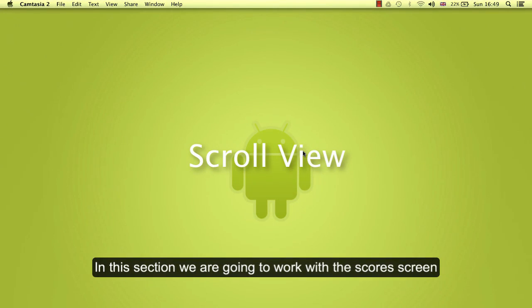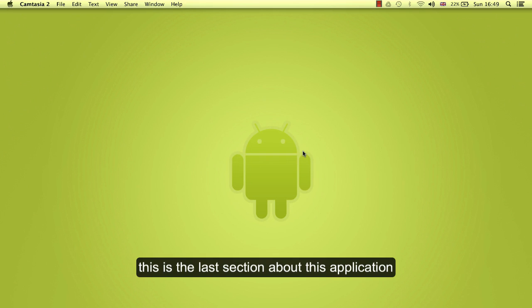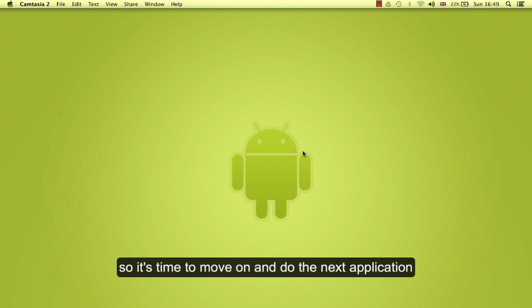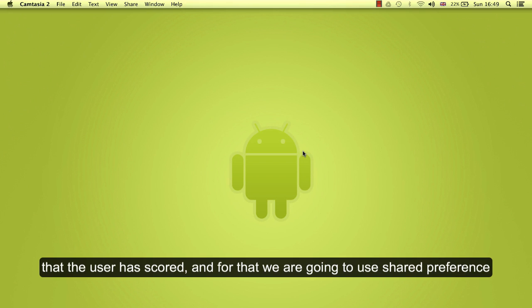In this section, we are going to work with the scores screen. This is the last section about this application. We have been working on this application for more than 20 lessons, so it's time to move on to the next application. But before that, we are just going to show the points that the user has scored, and for that